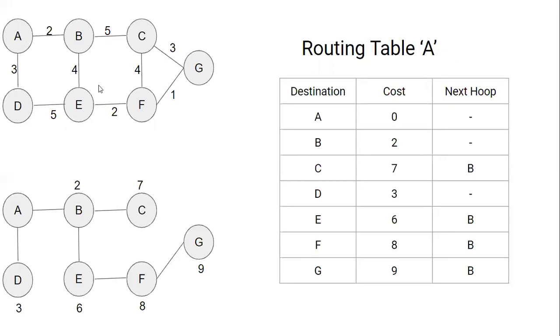So now we are going to create the routing table of A. So this will become the source, and this will become your destination. We need to travel from A to G by checking all the nodes, but with the shortest path. We need to calculate the shortest path between A to G, that is, source to destination.